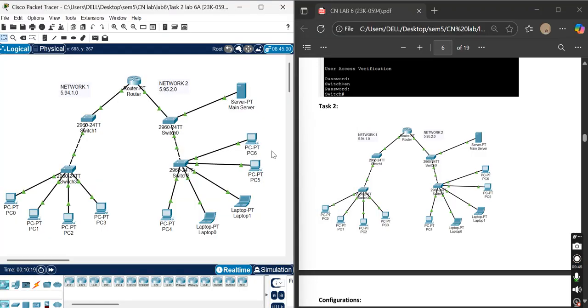So I've already set up the topology and also placed it in the document. My network 1 has my roll number and 0594.1.0. Network 2 has, as it said, that we had to increment the numbers like this.